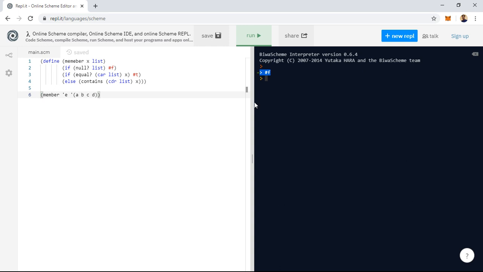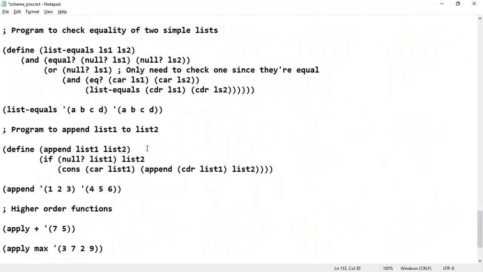Next, we have seen in detail how to check the equality of two simple lists. This particular compiler accepts a different way of writing the program, but the programs represented in the slides will also be helpful for understanding the basic structure of Scheme.